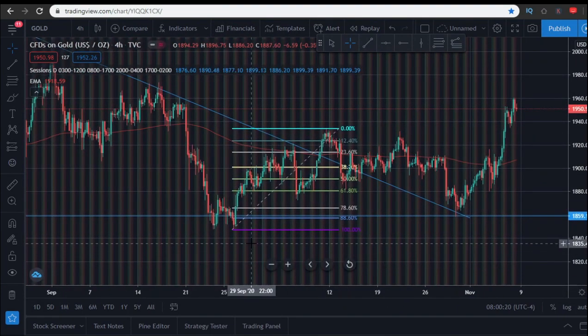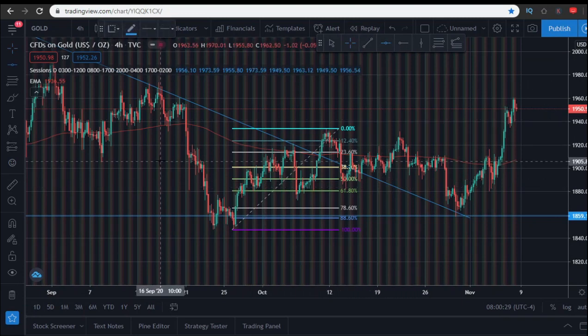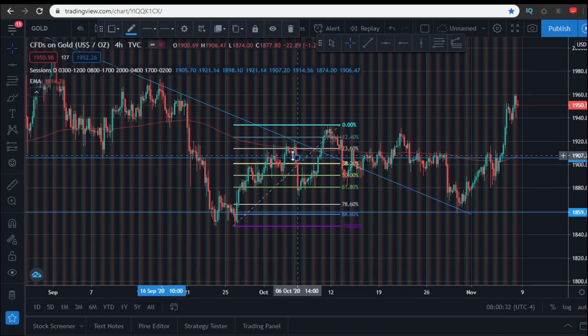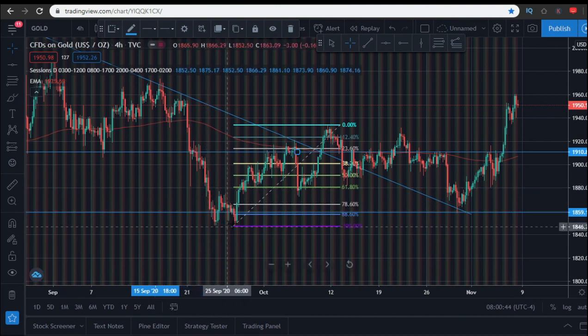Alright, so the price broke this support. Let me just mark it out for you. So yeah, this is the support line right here. You can see here and here, and it was broken, so it's beginning to make a new structure. So from the low to the high,